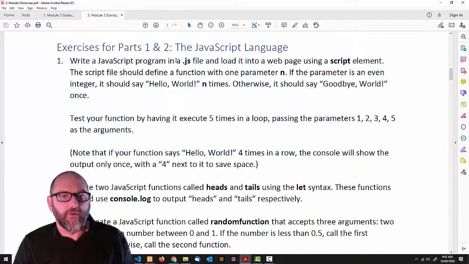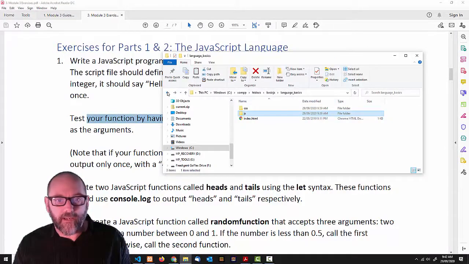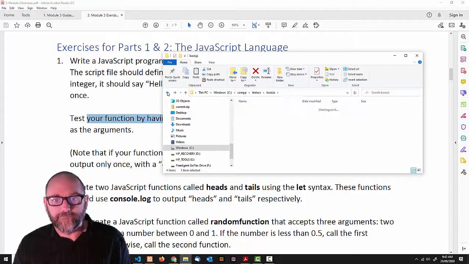Write a JavaScript program in a .js file and load it into a web page using a script element. Define a function with one parameter n, and then inside that function there's an if statement. If the parameter is even, you'll have to remember how to do that, it should say hello world n times in the console, otherwise it should say goodbye world. And then test it by having it execute 5 times in a loop. So if you want to see what that looks like,